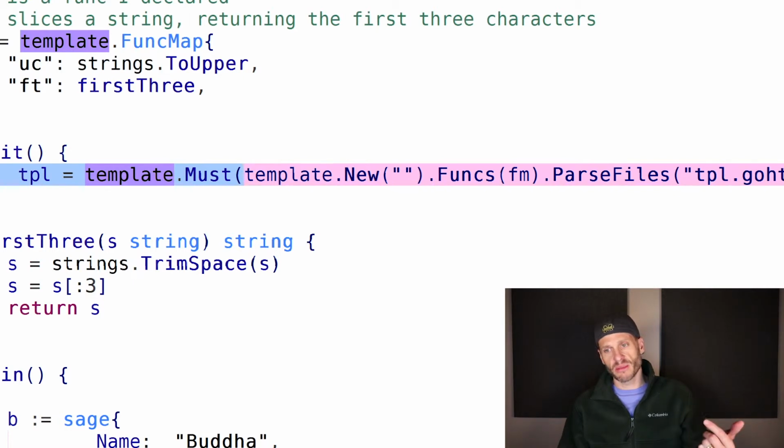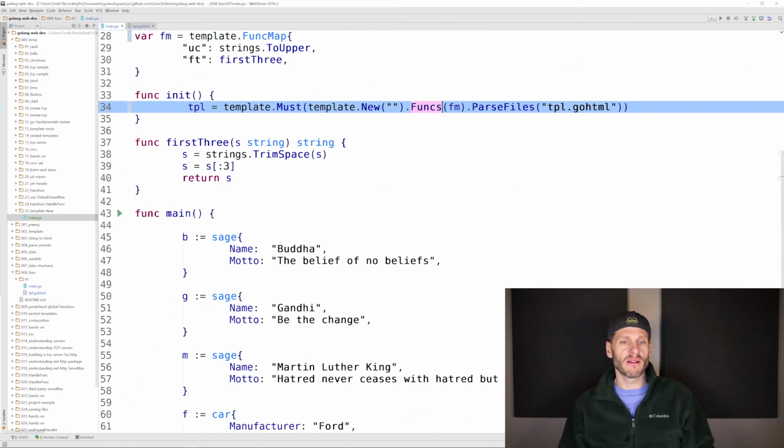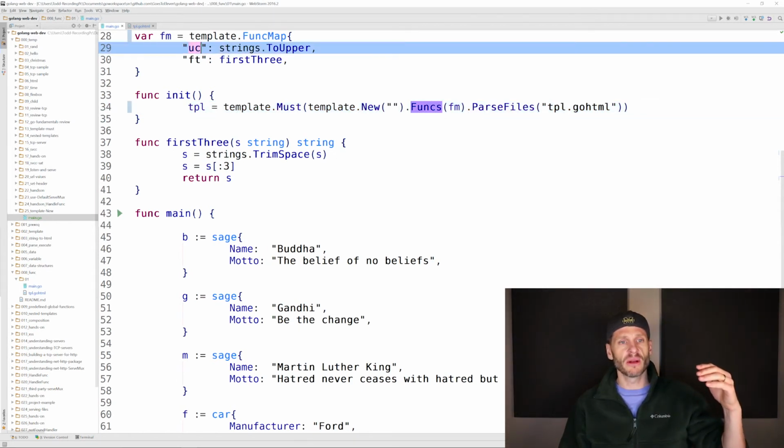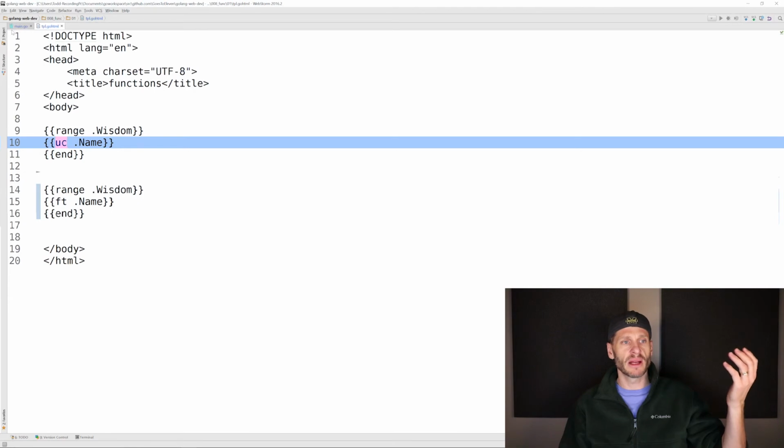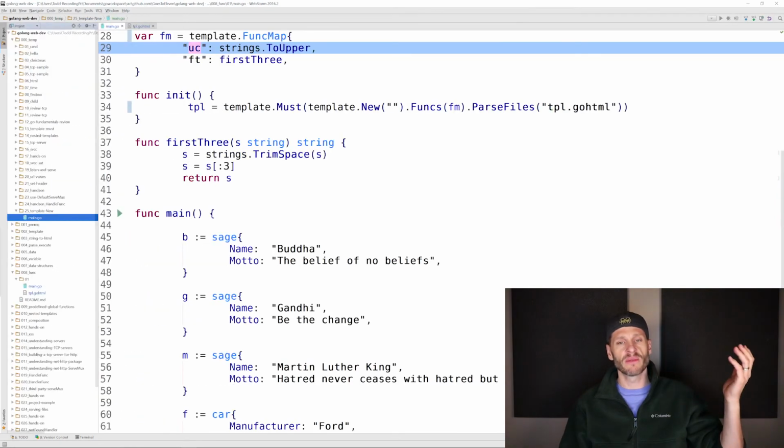It returns a pointer to a template and an error, and then that becomes the argument which Must takes, and then Must executes and gives us back a pointer to a template, and then we're ready to go because we've added in all of our funcs. But we have to do that before it's parsed. So that's where Go suffers no fools. You have to think about how the computer is operating, how the compiler is reading this code. As it goes through the code and parses everything, are these available? Because I'm parsing them and you're referencing them, but I can't just leave them dangling, waiting to hopefully be filled. I'm going to make sure that everything checks out, and the compiler's your friend, making sure everything checks out